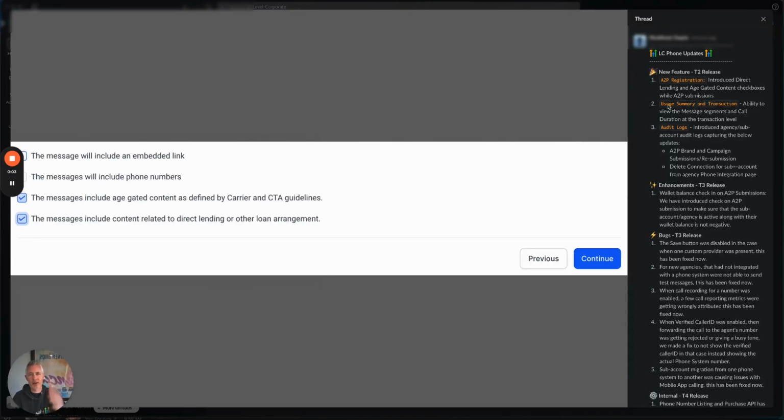So we've got an LC phone update today. As always, these updates are big, which is really cool, but it sometimes makes it hard. So let's just go through each item together, and then we can figure out all of the different things in the release. First up, on the A2P registration, they've introduced the direct lending and age-gated content checkboxes